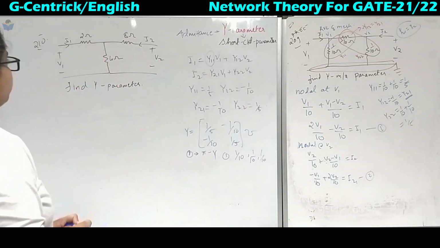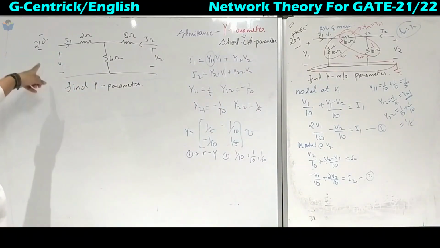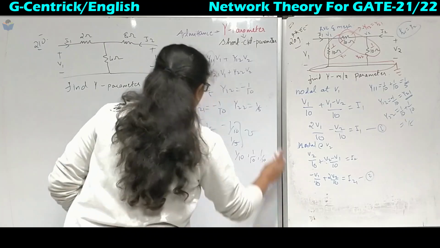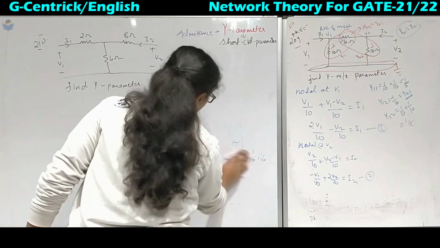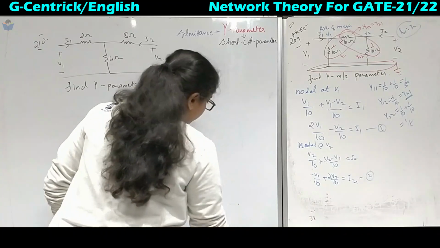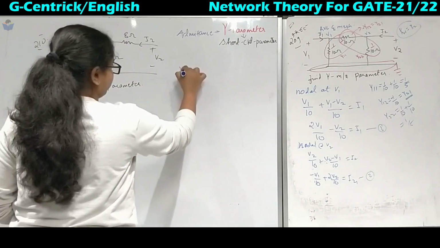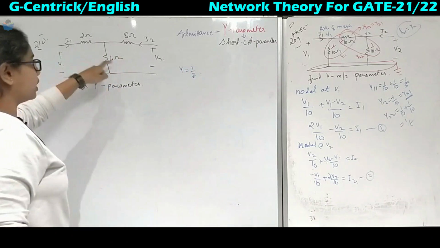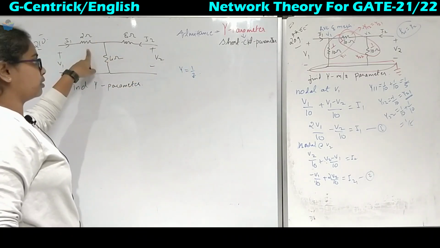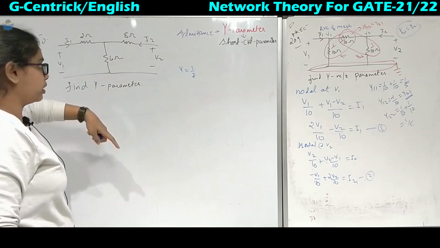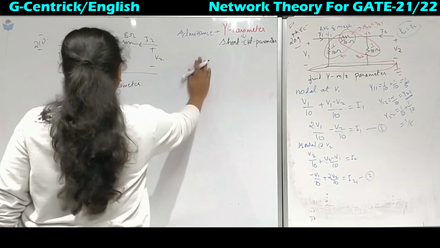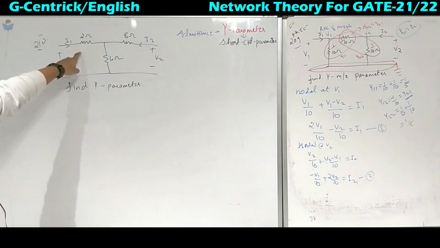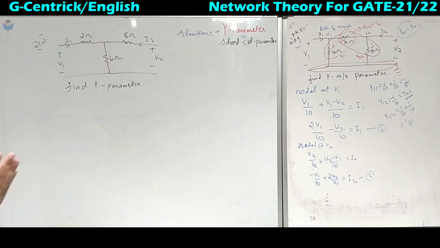Now coming to question number 210. What we have here is a T network, which we were using for the Z parameters. Since you know that Y is equal to 1 over Z, please do not take everything in the Z parameters and then take the reciprocal to convert into Y, because it will be wrong. So don't do that. First we will convert this T network to a pi network. It is nothing but a star to delta conversion.